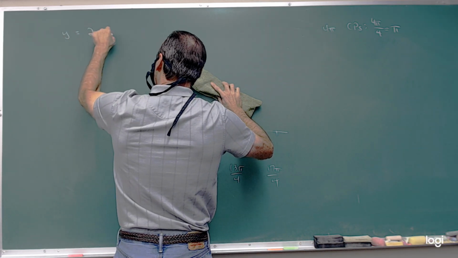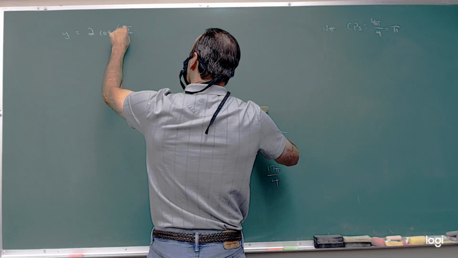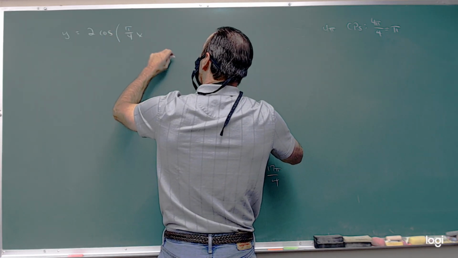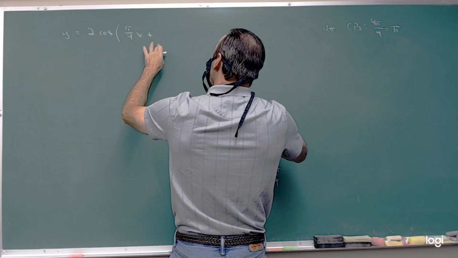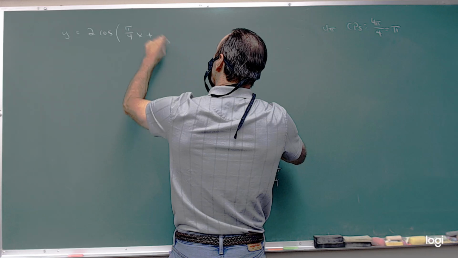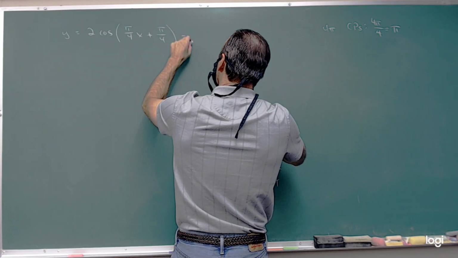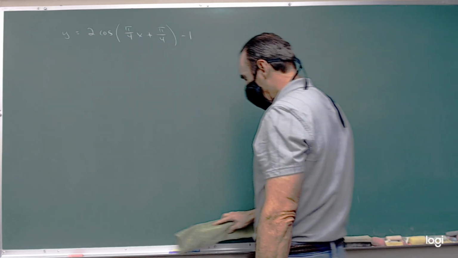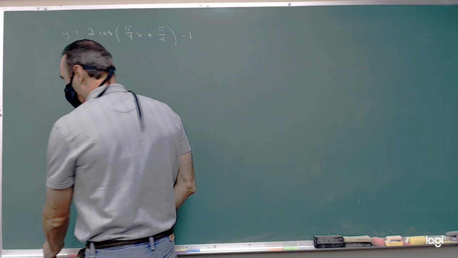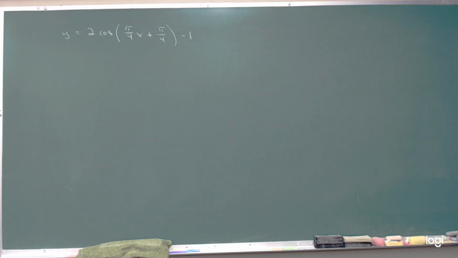2 cosine of, and we'll say pi over 4x plus, we'll say pi over 4, and then we'll go a -1. I'm going to pause the video here for a minute so you can be watching us do